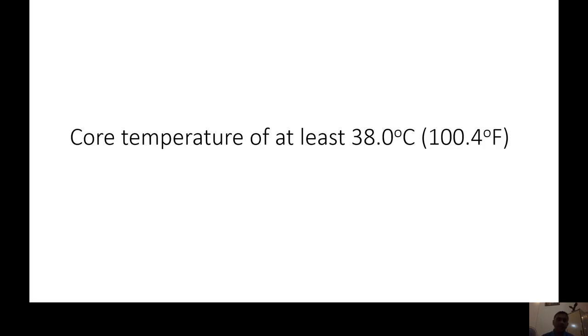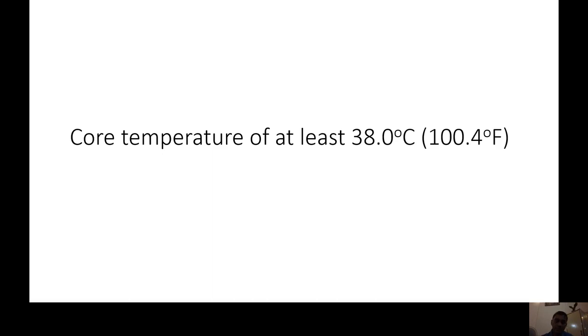That is Celsius. In Fahrenheit, it's going to be 100.4. There are certain textbooks which I have seen where they describe it depending on the time of the day. The reason is, as you know, the body temperature changes with the time of the day. Early in the morning, the body temperature is slightly low, and towards the afternoon, around 2 to 4 o'clock, the temperature is about 1 Celsius higher than in the morning. So certain books describe fever as more than 99 Fahrenheit in the morning and more than 100 in the afternoon.